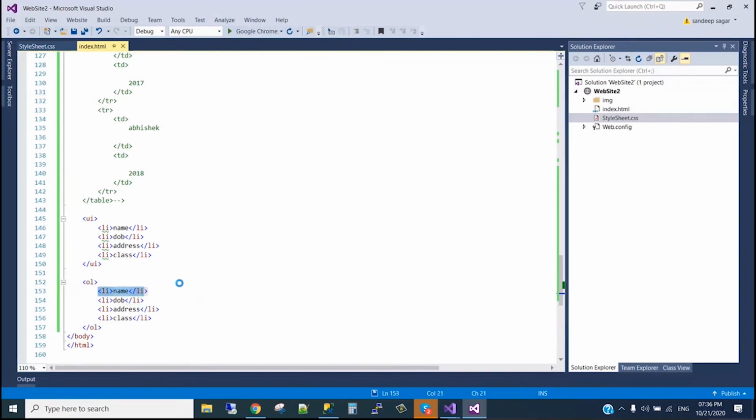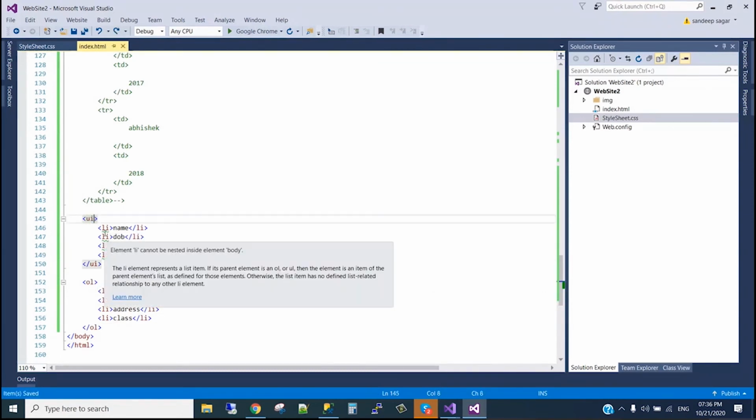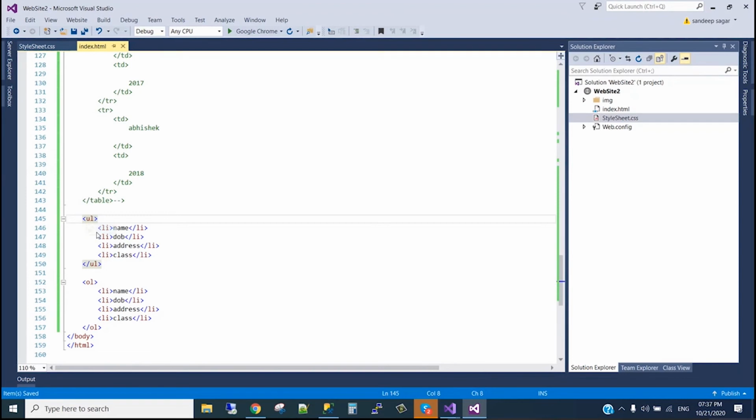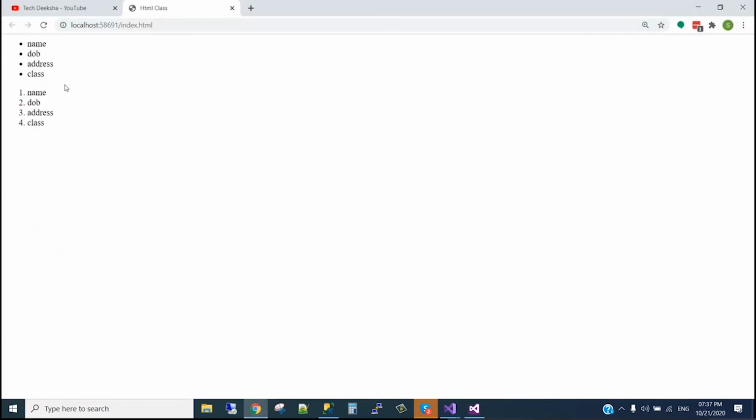So if ul and li is given, then it is like bullet points, and if ol is given, then it's 1 2 3 4. We can design it, like we can give a bigger font, or design it with css.